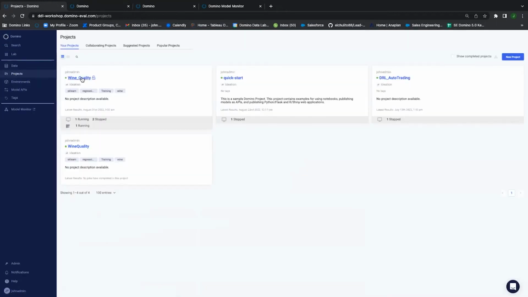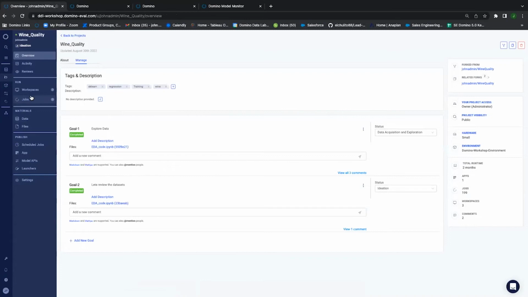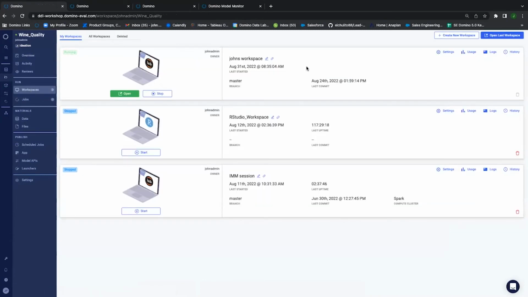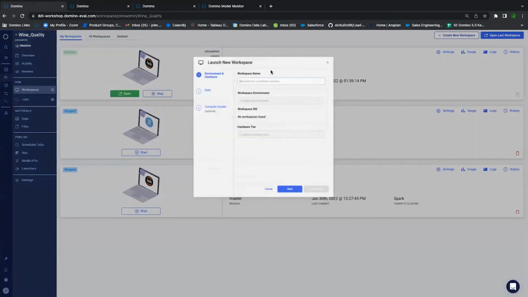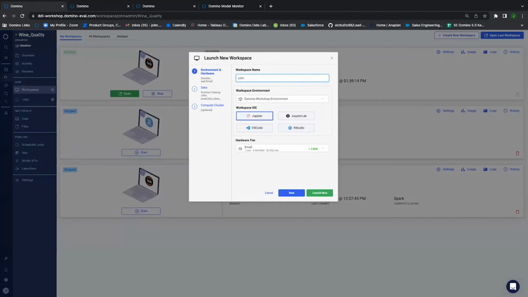If I click back on the project that I'm looking at specifically and go back to my workspace and I want to create a new workspace, now you know what a workspace environment is. And because now you know what that is, you know what you have accessible to that environment when you attach it and start running this workspace for the first time. You see here that these four IDEs that I just showed you are representations of the workspace plugins, which are basically attached to the environment that you've selected. I have 4 different choices. In this case, I'm going to choose Jupyter Lab.